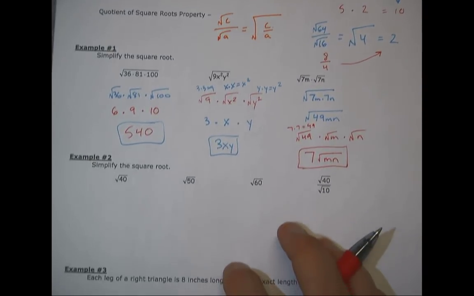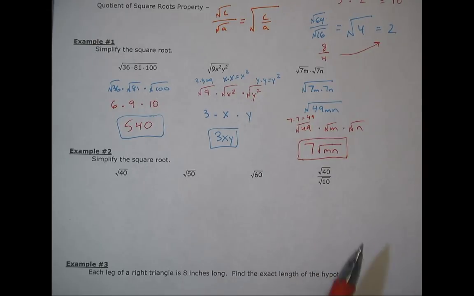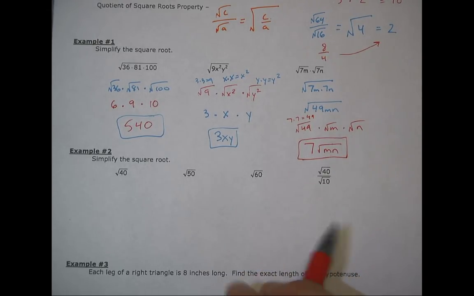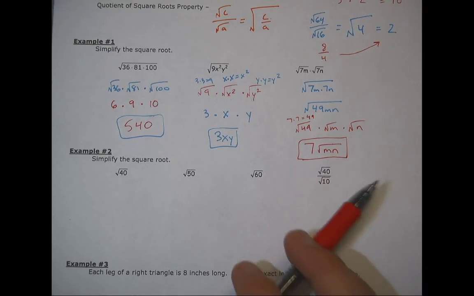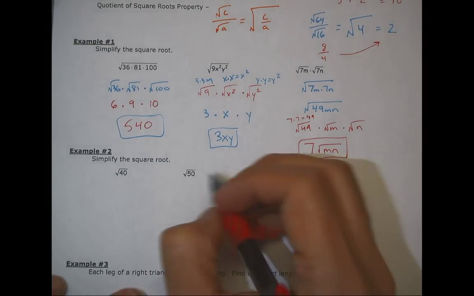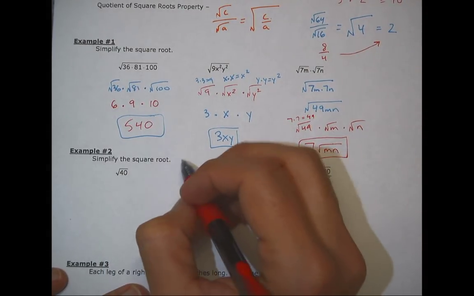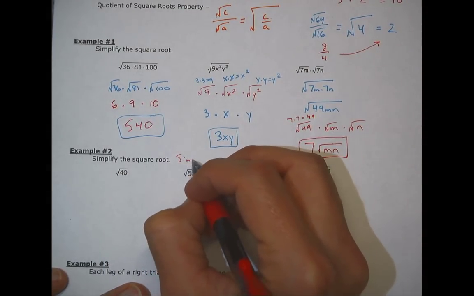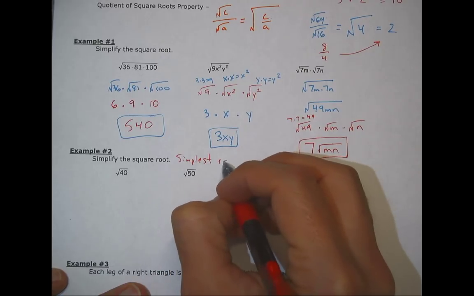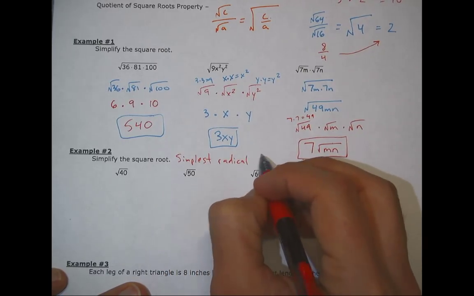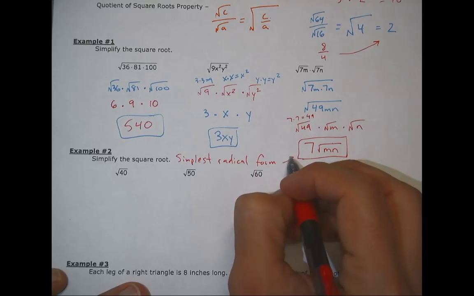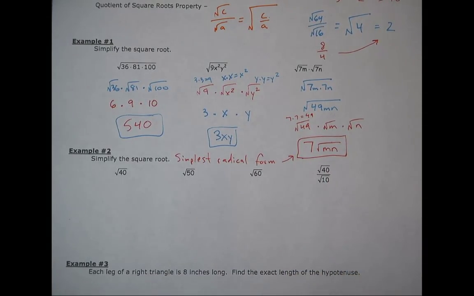So now that looks goofy, right? You're not used to leaving an answer with a square root in it, but if it's variables in there, or even if it's a number that doesn't have a nice square root, you're going to leave it like that for a nice exact answer. And so what this is called, and they're going to say simplify the square root, sometimes the directions are going to say put it in simplest radical form. Simplest radical form, you'll start to see that a lot. That's when you leave a square root in your final answer, because you cannot simplify that square root anymore without